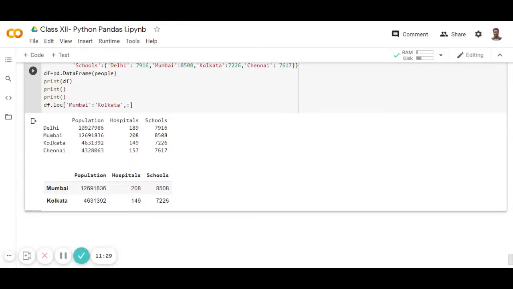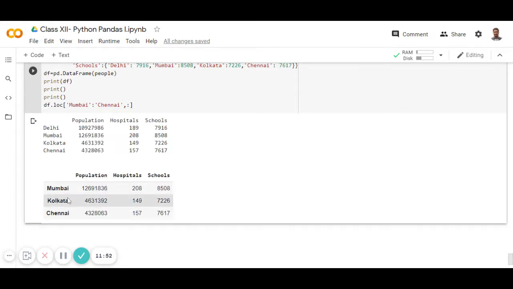Suppose if we give Mumbai and Chennai, so what happened? If we give Mumbai Kolkata, it only shows Mumbai Kolkata, but if you give Mumbai Chennai, see what happened.